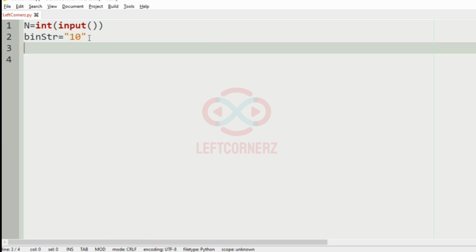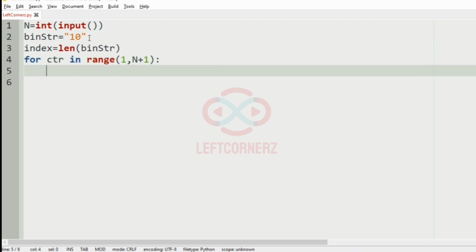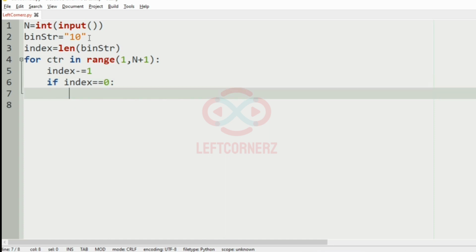Then after that, we'll have the index equal to the length of the binary string, and then we'll iterate over the loop using for ctr in range 1 to n plus 1. Then for each iteration, we'll have index minus equal to 1. Then if the index is equal to 0,